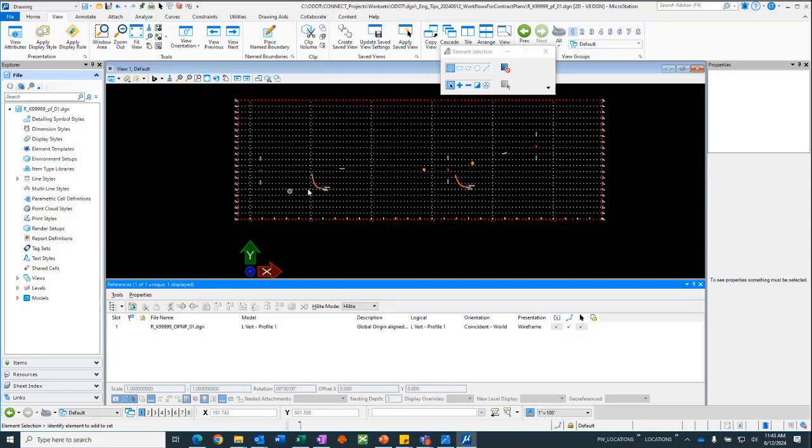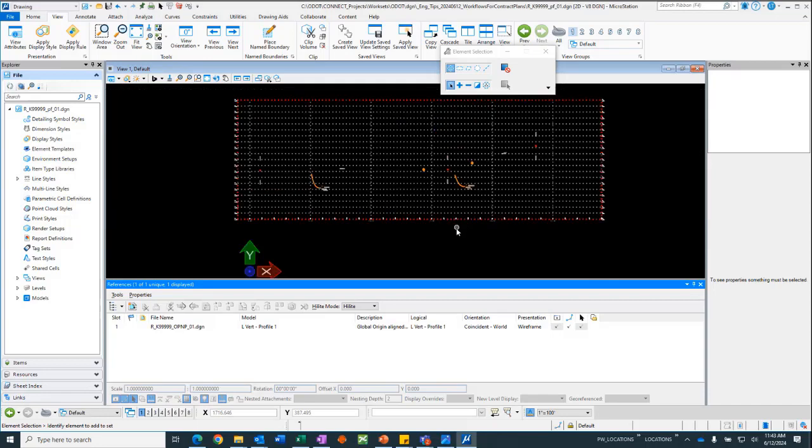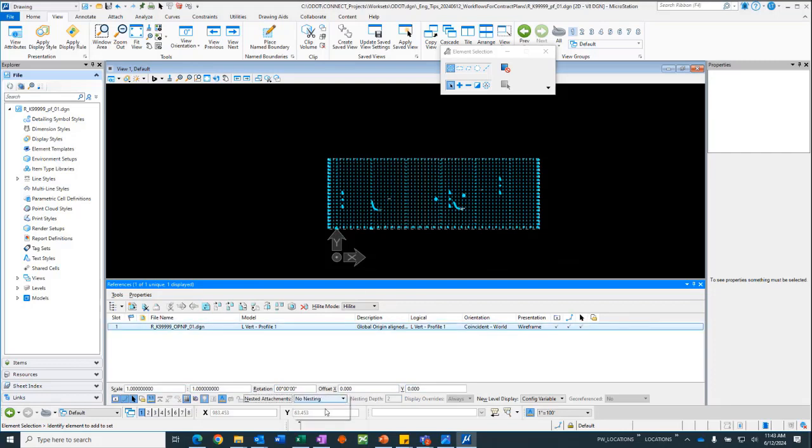So you can see some annotation was in the drawing model, a grid, some stations and elevations, those kinds of things are in the drawing model. But the data is coming in from a nested reference. So I can turn on the live nesting, and I have the nesting depth set to 2, and I betcha,